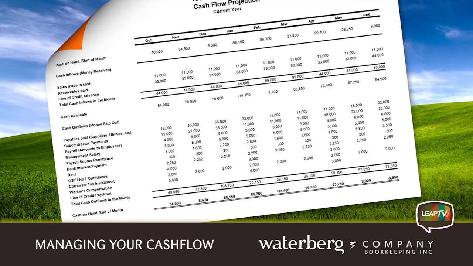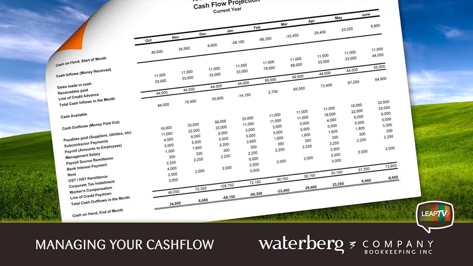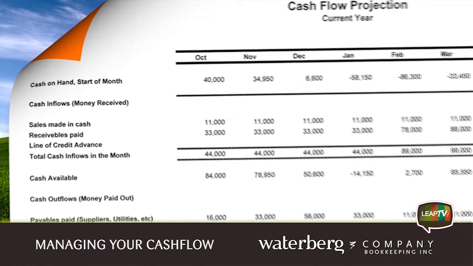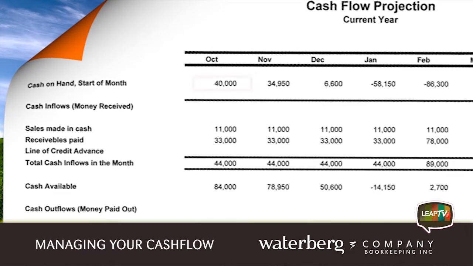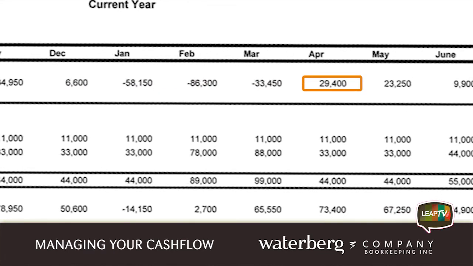And what you need to know is that the key is the bottom row. The place to focus is on the bottom row, which shows you the cash left at the end of each month available for the next month for paying yourself and paying your suppliers. In this sample, in the months that we see here, in October, this company starts with $40,000 in working capital or cash. But a few months later, by December, there's a cash problem. And it's several months again before this company is back in a positive position.